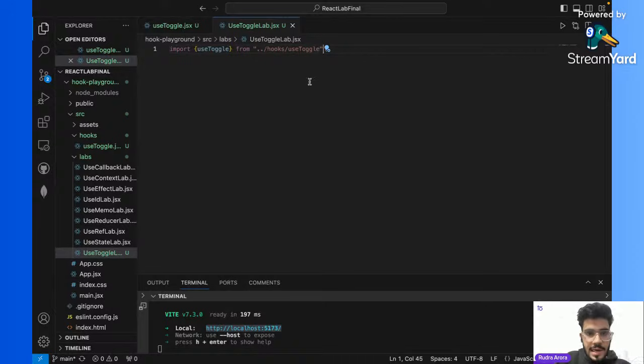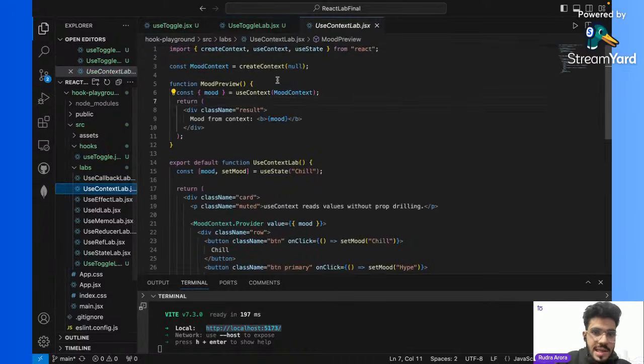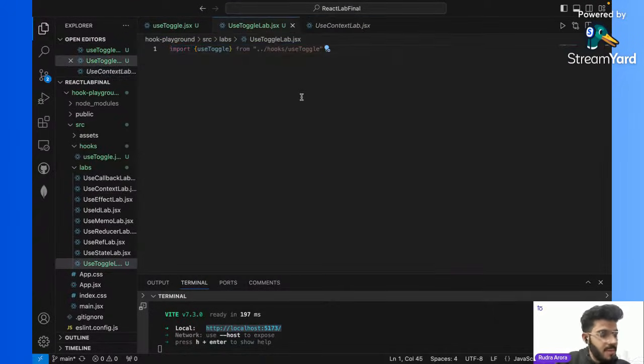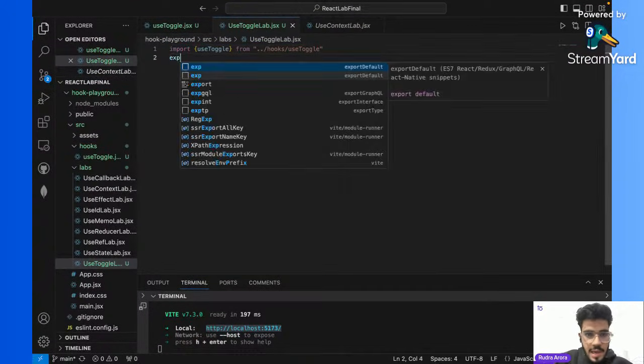I think you are getting my point that as we used to do, these are the inbuilt ones, and these are the ones which we have built from our hook library. Now we will export